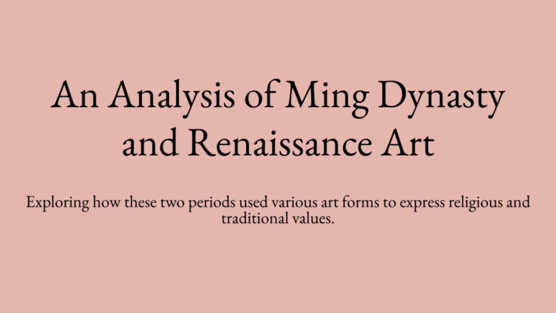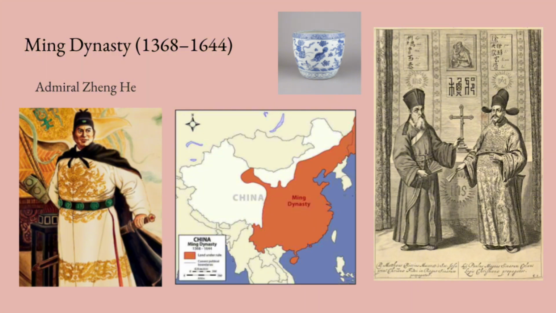So to start out with, we have the Ming Dynasty, which lasted from 1368 to 1644. It is known for being a period of great territorial expansion, flourishing trade, centralized government, as well as thriving literature, art, and economics. Admiral Zheng He played a key role in establishing successful trade routes between China and other Western regions, including Japan and parts of Europe, making the Ming Dynasty the first to ever officially do so.